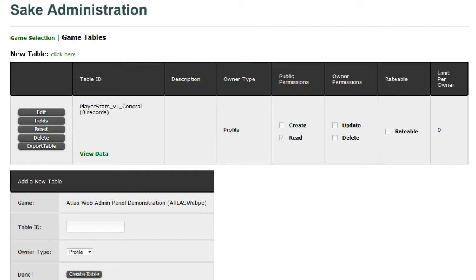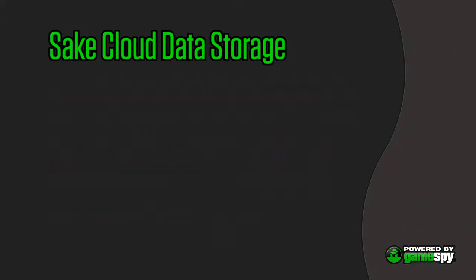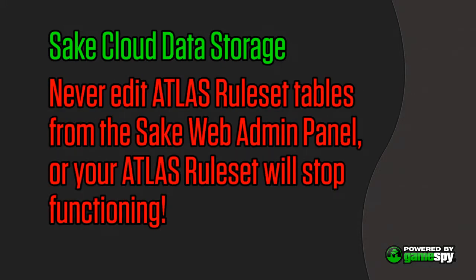This is your Saki schema. If you've created an Atlas rule set, you'll see a table for each Atlas category with the stats you've defined for that category. Never edit Atlas rule set table structures from the Saki Web Admin Panel or your Atlas rule